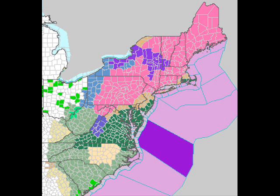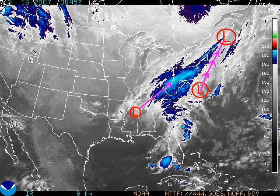We will now move over to the water vapor imagery map here to explain what's going on. The smaller L you see over northern Alabama is an upper level low, which is a spin in the atmosphere. This is going to move northeast and kick off a new low pressure system near the Delmarva Peninsula. This low pressure system then will track northeast over portions of southern New England, and this will strengthen as it does so. As this upper level low moves pretty much right beside it, about 100 miles inland, parallel to the